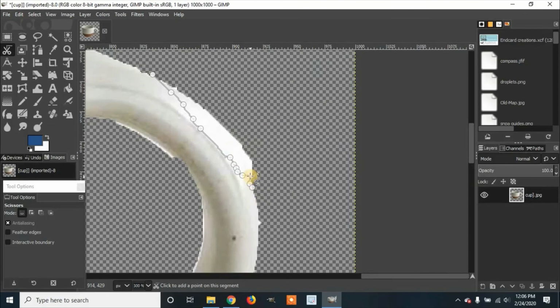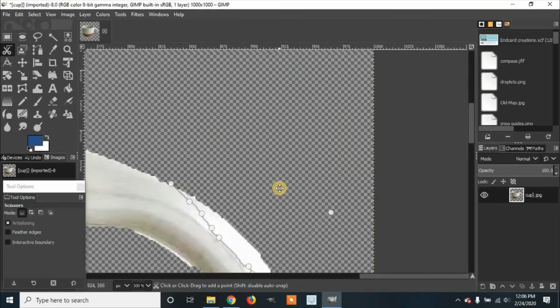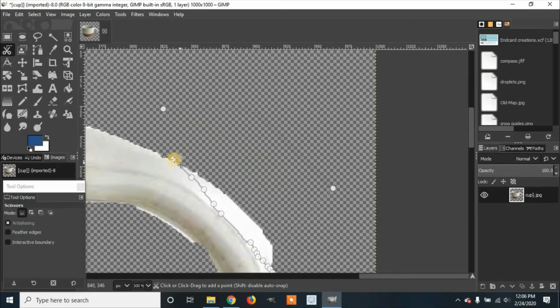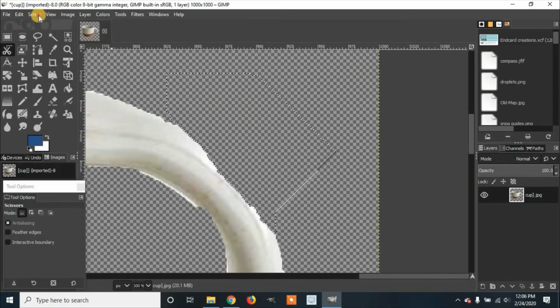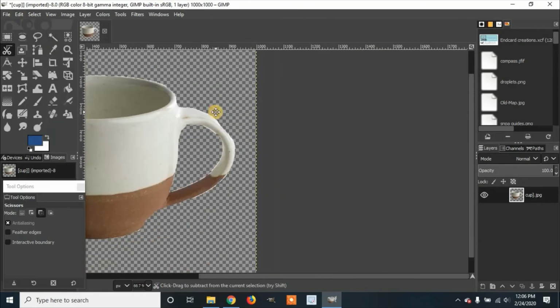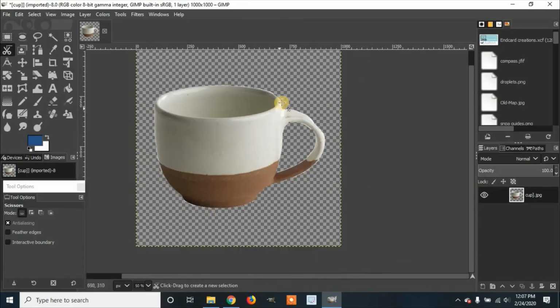Now you can see we only have the rim selected, so we're going to click out to create a big box around it, then join the two pieces, click in the middle, and click Delete. Back to Select, None. We're going to zoom out. And that is how to